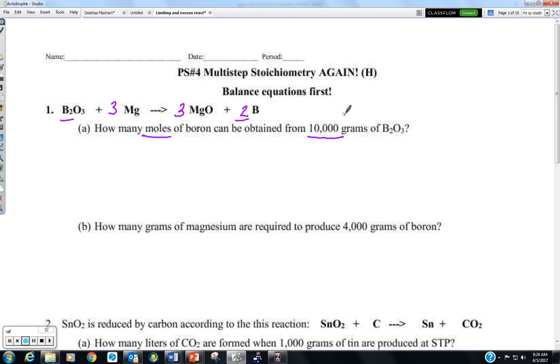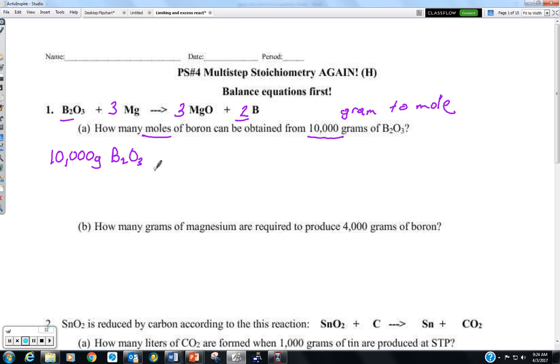What stoichiometry equation am I using? I'm going grams to moles, mass to mole. All right, grams to mole. So what's the first thing that I'm going to put on the left? 10,000 grams